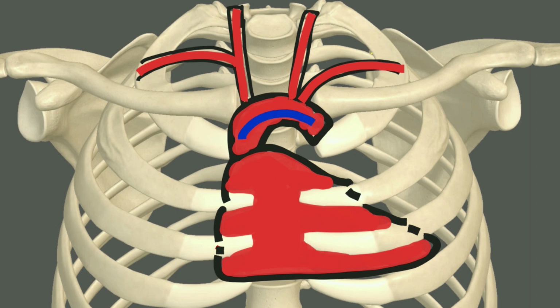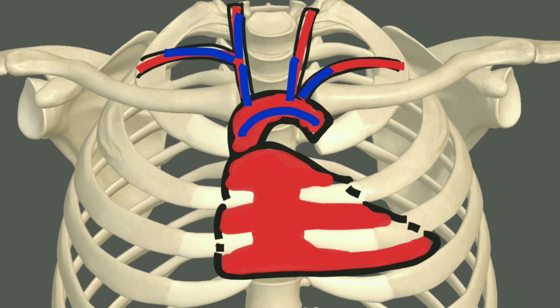So this is arch of aorta. From arch of aorta we get left subclavian artery, we get left common carotid artery, and then we get brachiocephalic trunk which divides into right common carotid artery and right subclavian artery. Now note down the bony landmark when we will say that this is no more subclavian artery. After crossing that bony landmark, we will say that this is the axillary artery.